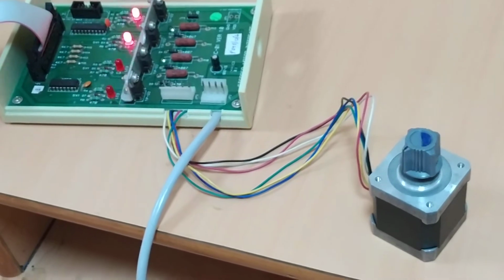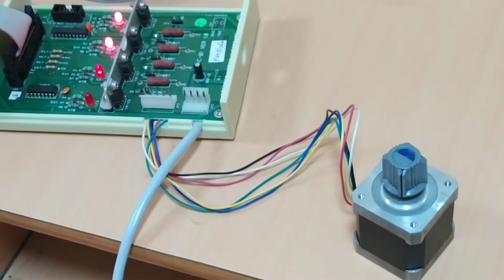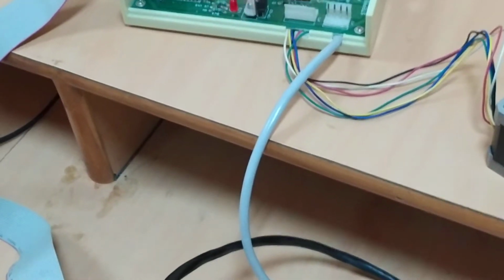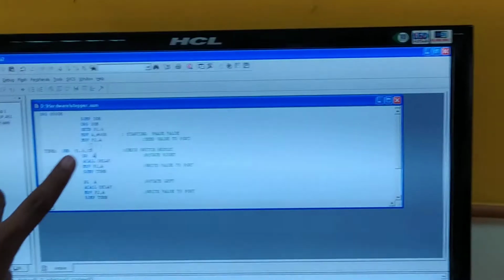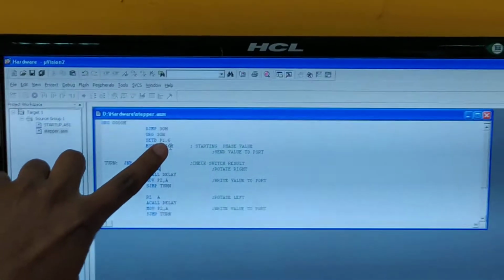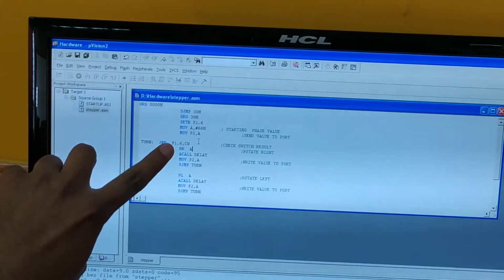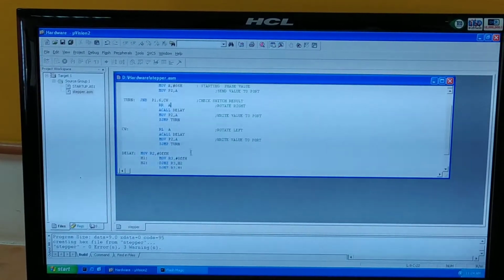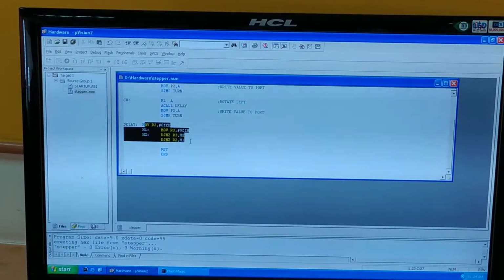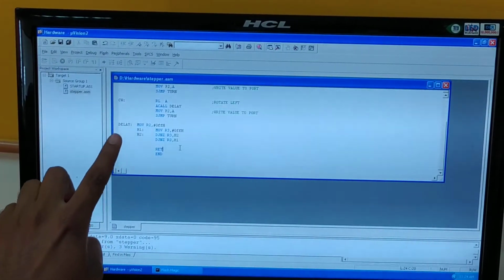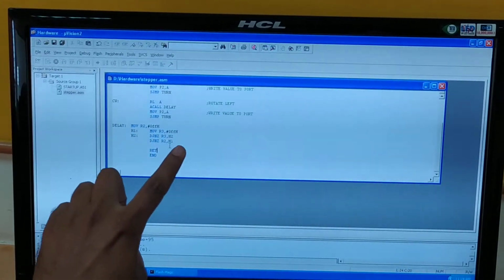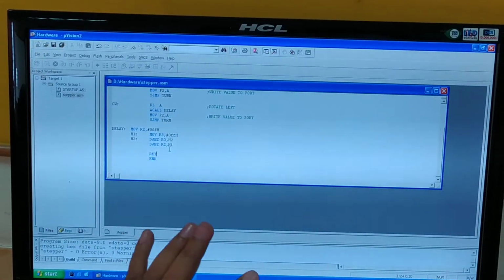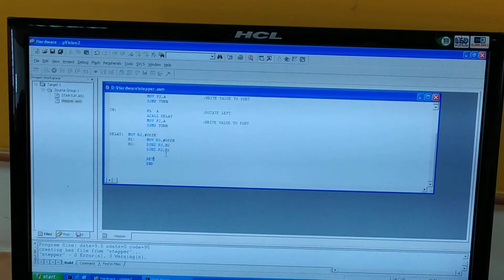Now you can vary the speed of the stepper motor by varying the delay in the program. So here is the code, P1.6 which is connected to the switch. Switch status 0 is clockwise, 1 counterclockwise, and every time we are calling a delay. This is the delay program we have written. Loading R2 equal to FF, R3 equal to FF, we are waiting till it counts down to 0, so that it gives that speed.